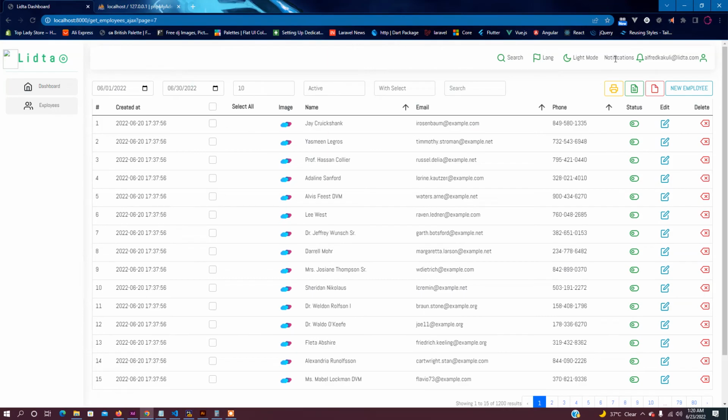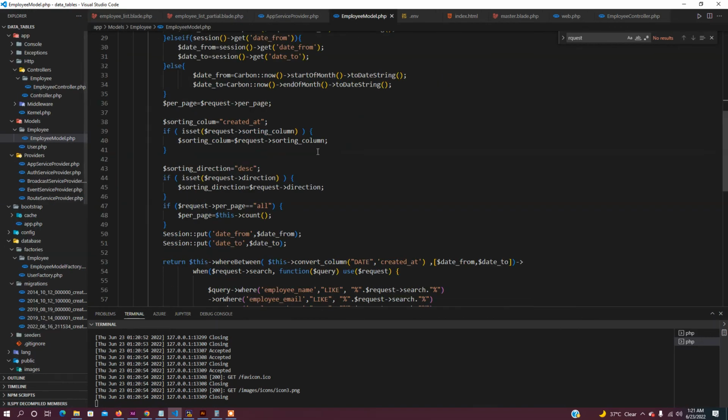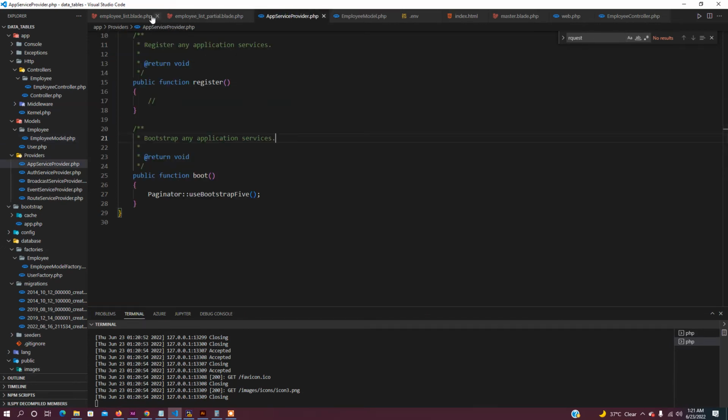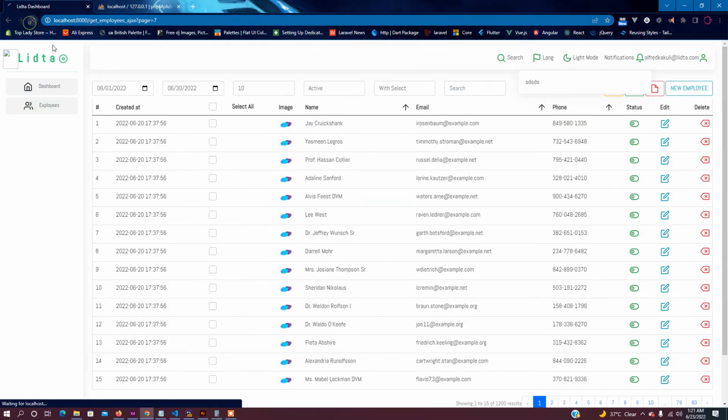We still have 15. So it means maybe our per page is not working correctly. Let's go and see what we called our per page. It is per page like this. So we're sending the wrong variable name, and I have to update it to per page. Try to reload the data again,